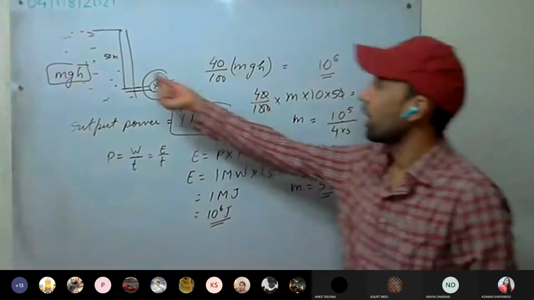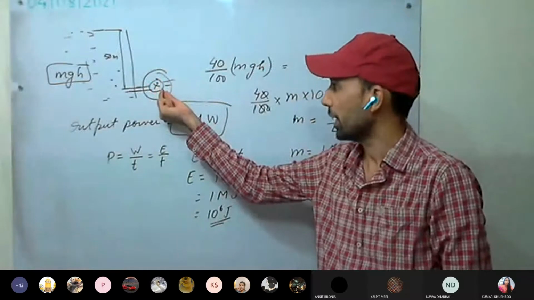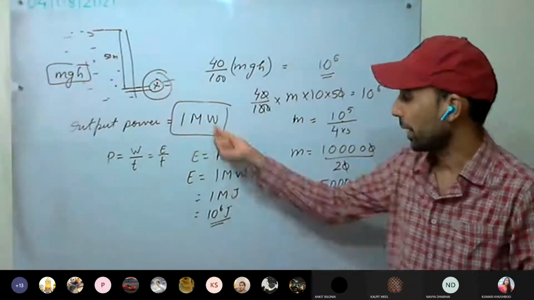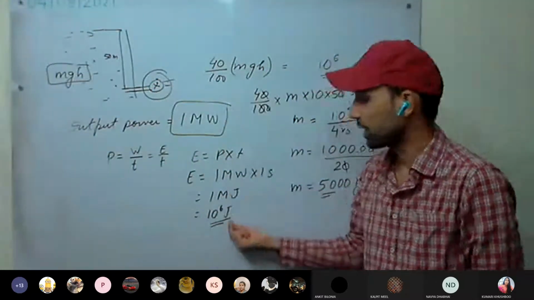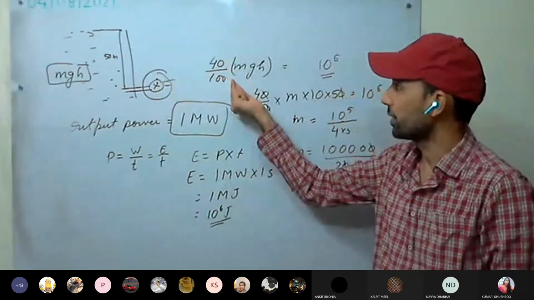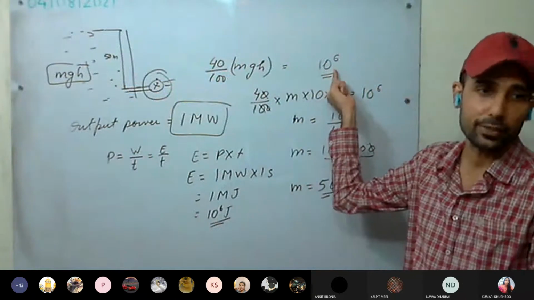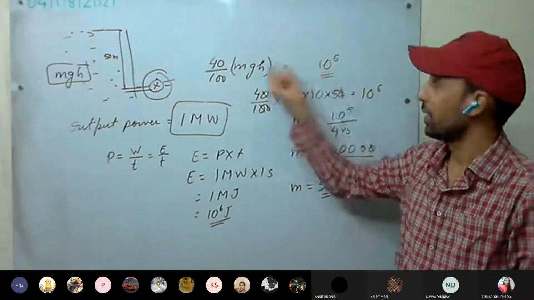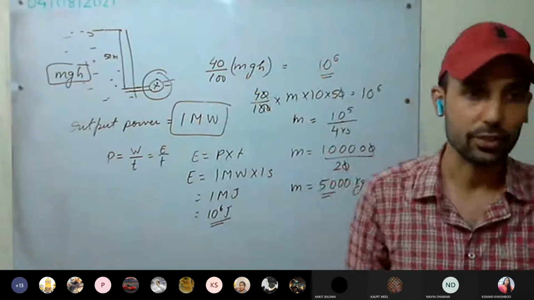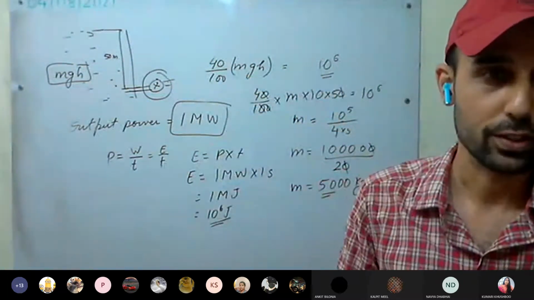Okay. It means 5,000 kg of water must flow through the turbine so that this much energy can be generated. And see here, potential energy, how much it is going? This much, mgh. Only 40% is converting into 10 raised to power 6 of energy. The rest 60% is just wastage, overcoming the frictional force or the sound energy or this much. Okay.